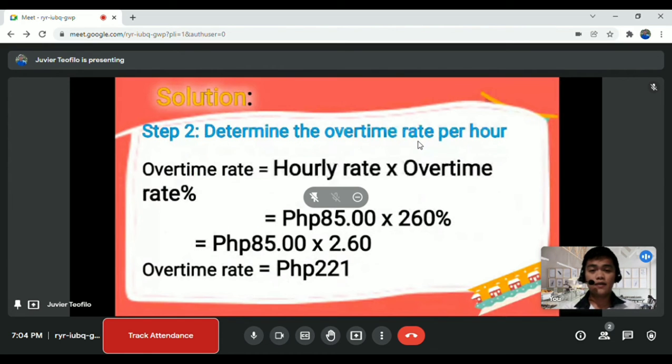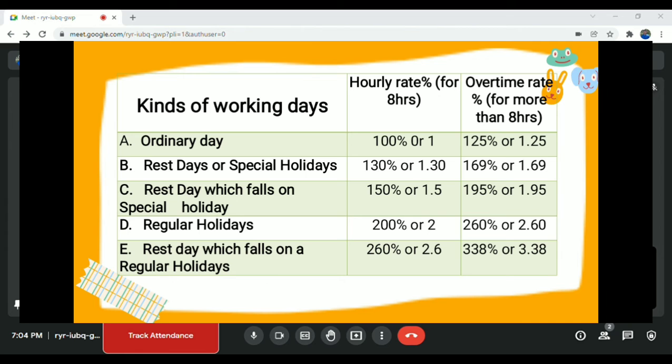Determine the overtime rate per hour. Our overtime rate is equal to hourly rate times overtime rate in percent. So we have 85 pesos per hour multiplied by 260 percent. Now this 260% is given in the table here. So 260% or 2.60